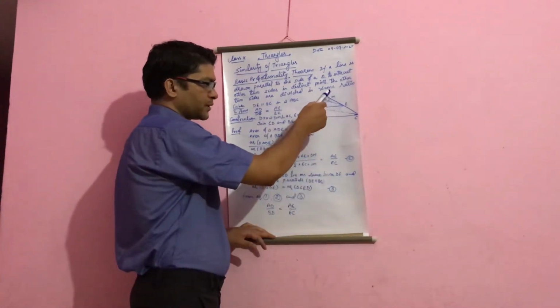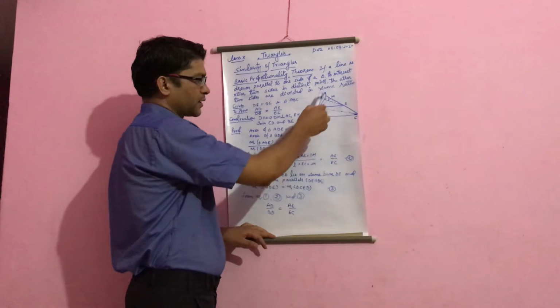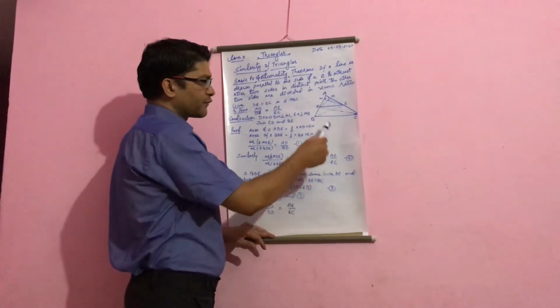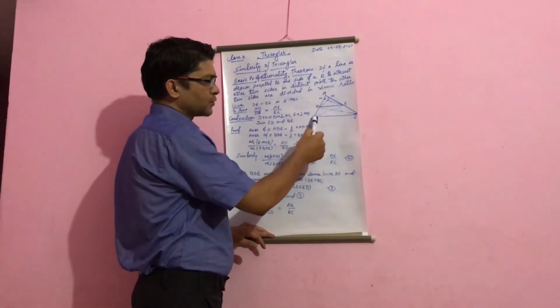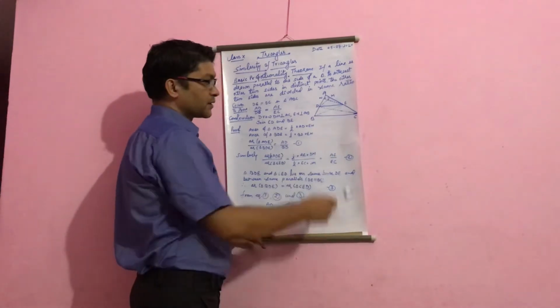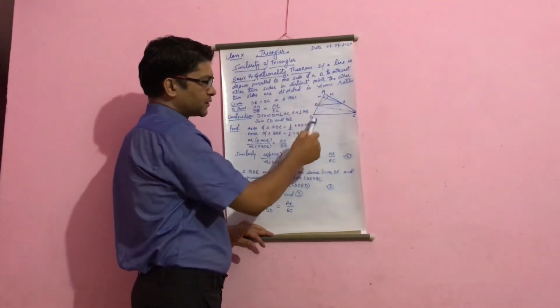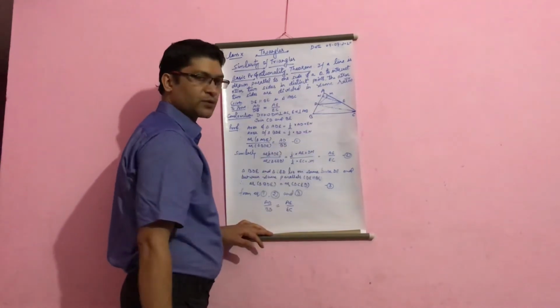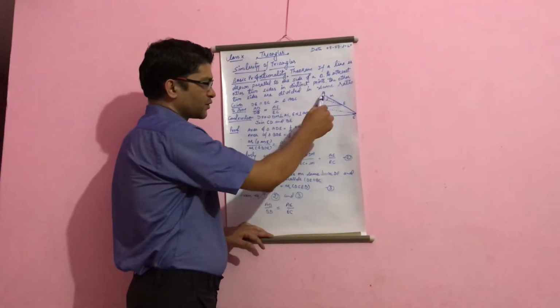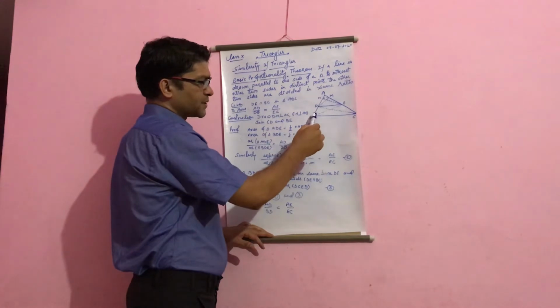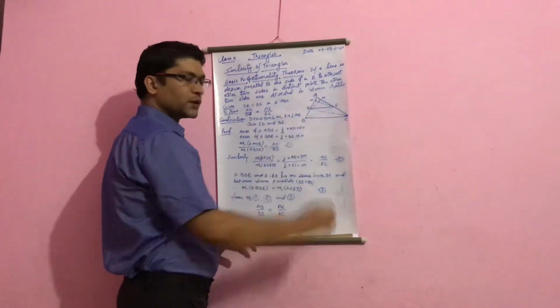then the other two sides are divided in the same ratio. Now pay attention to this figure. Here is a triangle ABC. If we draw a line DE parallel to its side BC, then as per this statement of the theorem, it should divide the other two sides AB and AC in equal ratio. That means the ratio of AD to DB should be the same as the ratio of AE to EC.